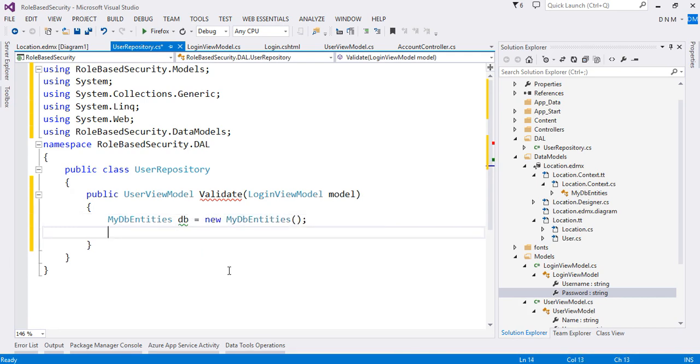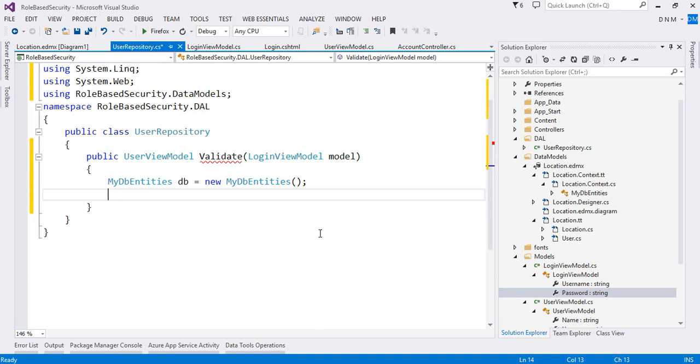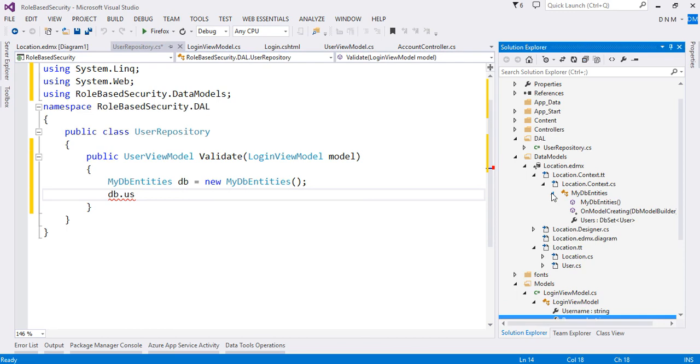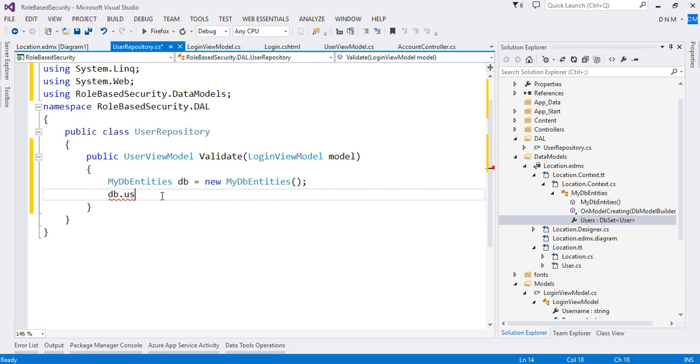Okay, now the next step is to fetch a record that will match with the username and with a password that we provided inside this login view model. So here I'll say db dot users. This users is a DbSet property in our DbContext class, which is in MyDbEntities. See, look at here, this is the users property. Okay, so db dot users